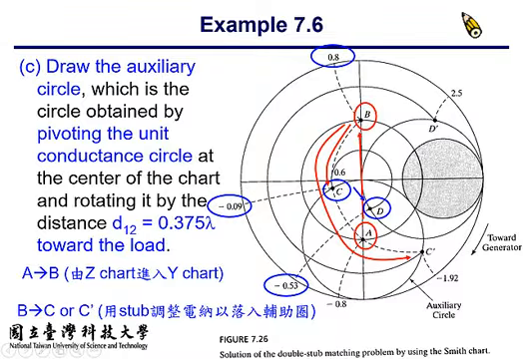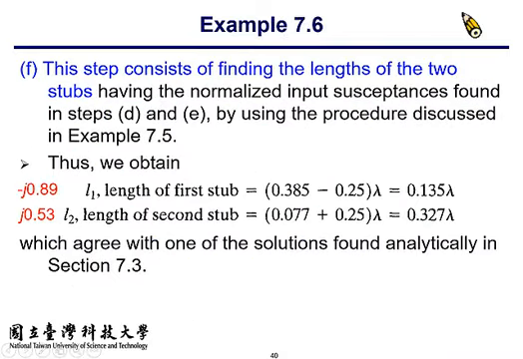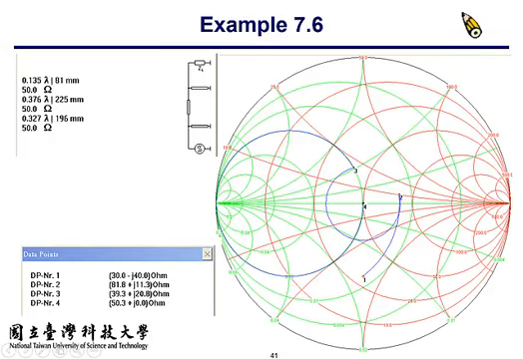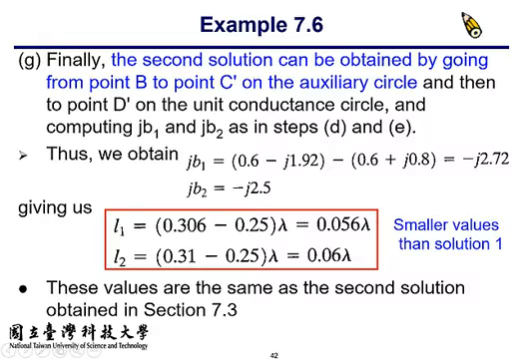So once we understand the design procedure for the double stop matching, you can check with the Smith chart to find out the exact numbers of your design. So here is the solution for the first design. I will check it with that later. And here's the solution for the second design, where we move from B to point C prime. Okay, and we know that